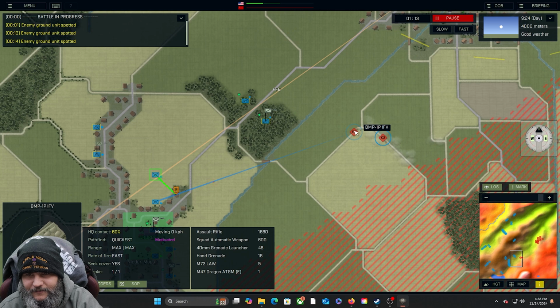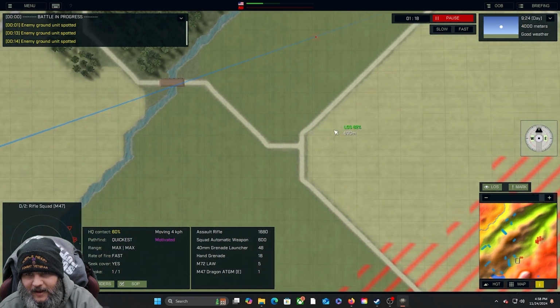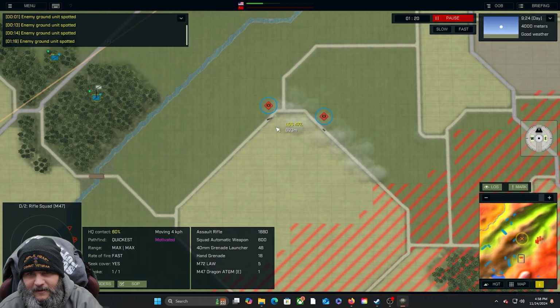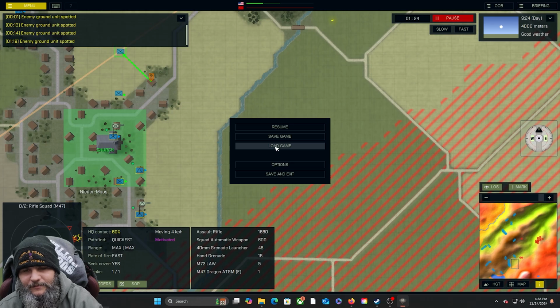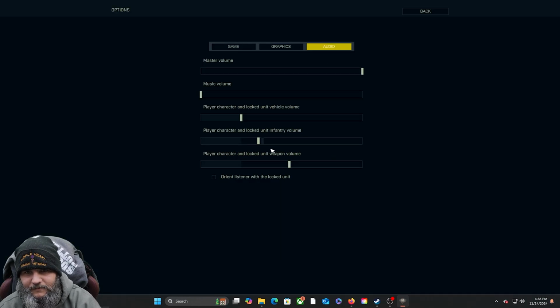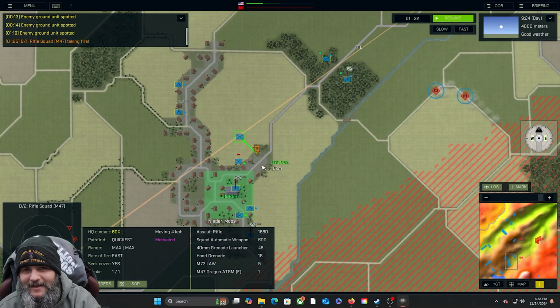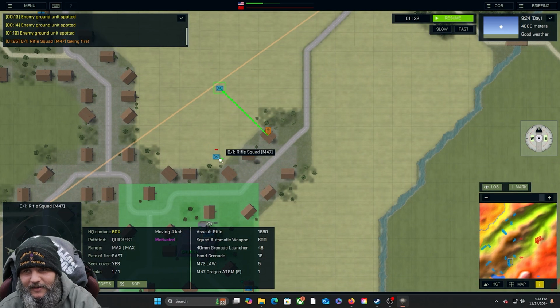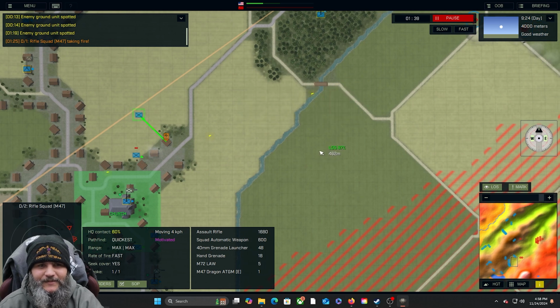Get him! Hit that BMP. Hit him! Hit him! Got him. I had to cut down the sound a little bit. It was a little loud on the attacks. All right, come on, guys. Get into cover. Get into cover. Get into cover. That's why I didn't want you out in the middle of the...